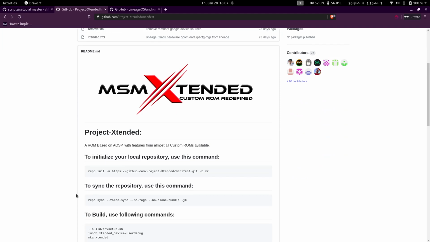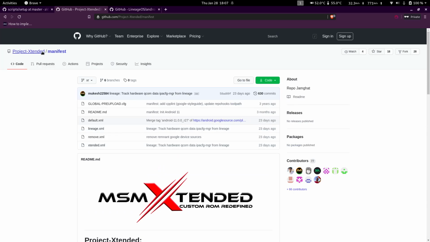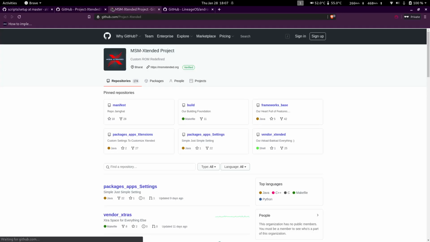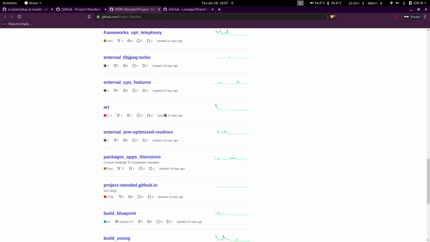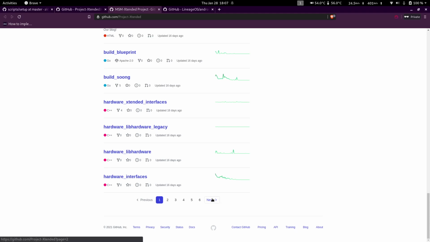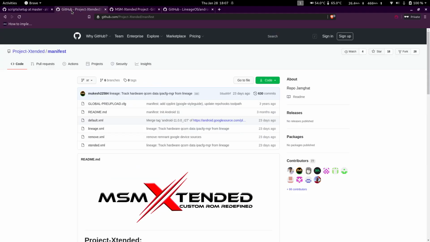And like I said, I'll be using Project Extended throughout this session. So basically, to compile a ROM, you first need to sync the ROM sources. As you can see, Android ROM has too many repositories to manually go clone each one of them. So to fix this, Google actually has a tool called Repo, which basically runs on top of Git, and it is a version control kind of a tool, which also helps them to push stuff to the Gerrit platform.